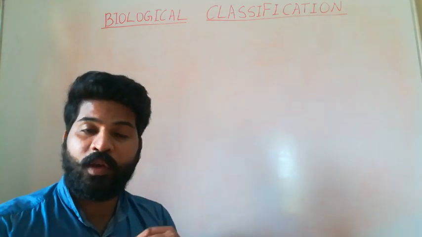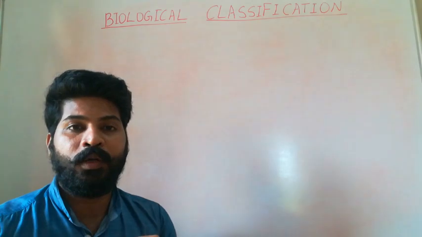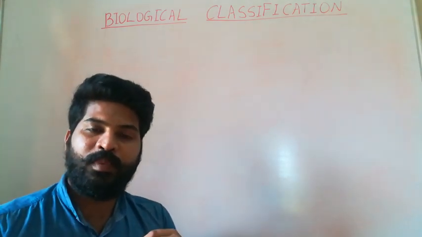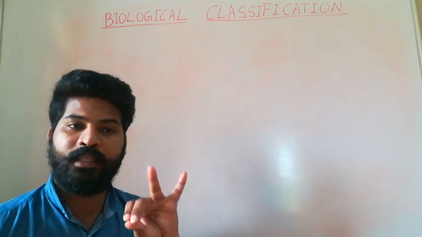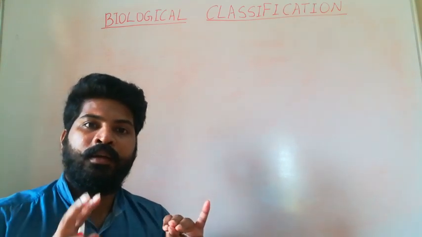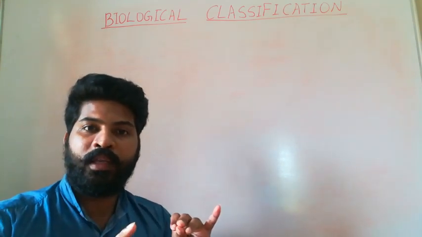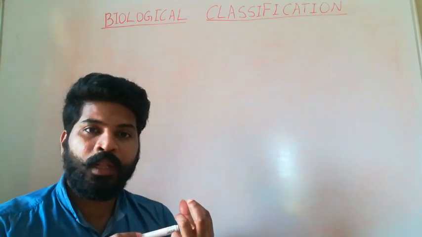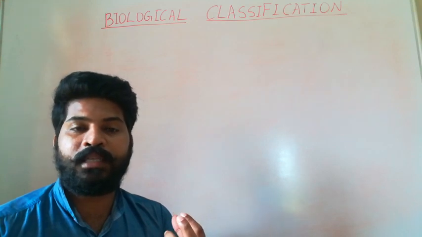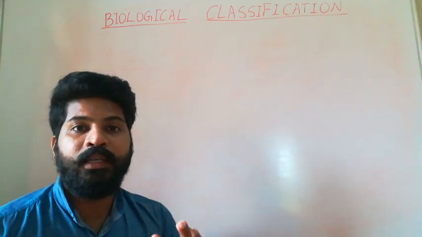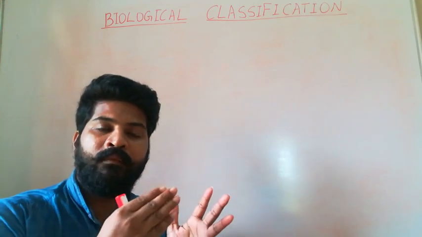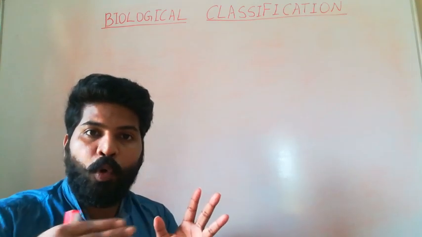When we classify organisms, we can also compare the properties of organisms belonging to a particular group. Not only that, we can compare the properties of different organisms of different groups. Not only that, classification also tells us about the evolutionary history of the organisms, how organisms have developed and evolved